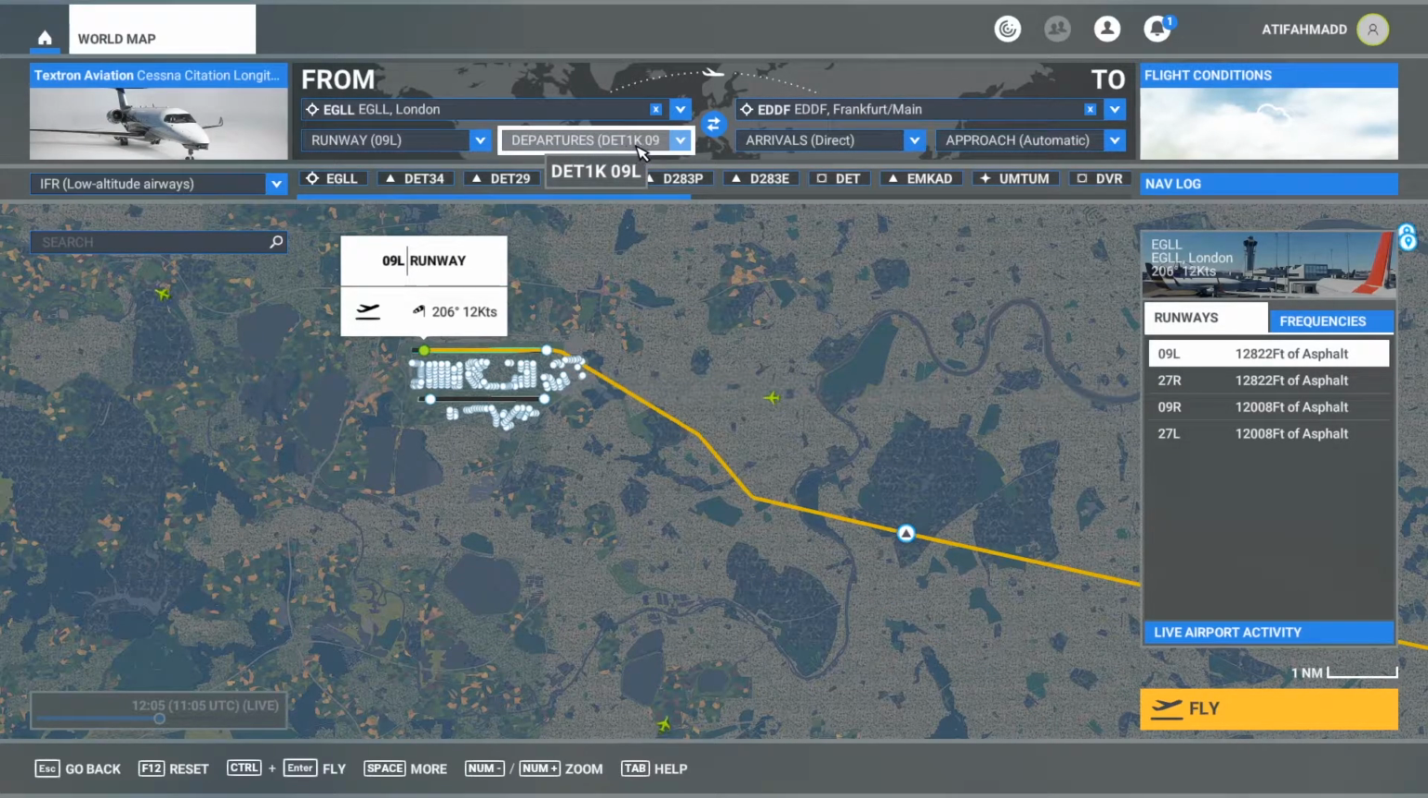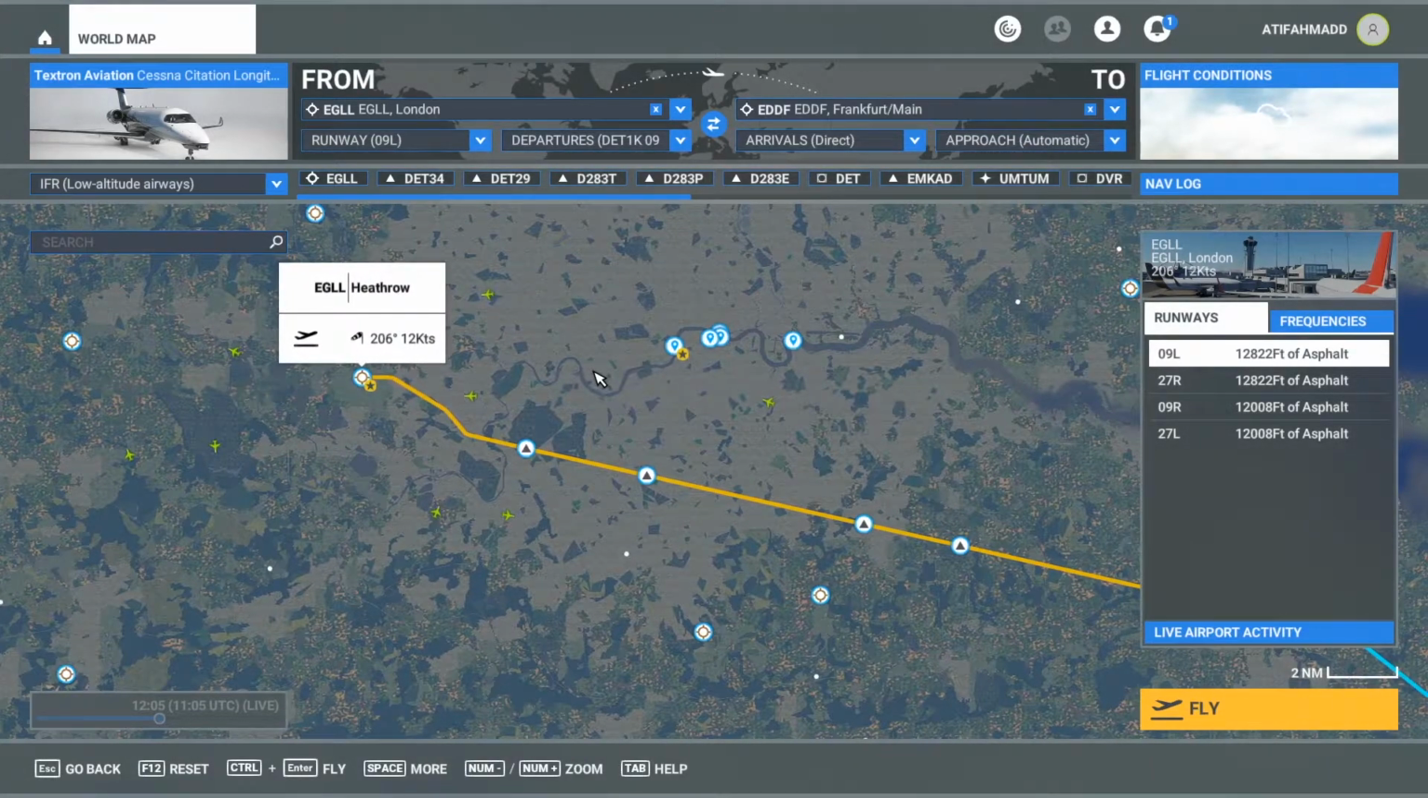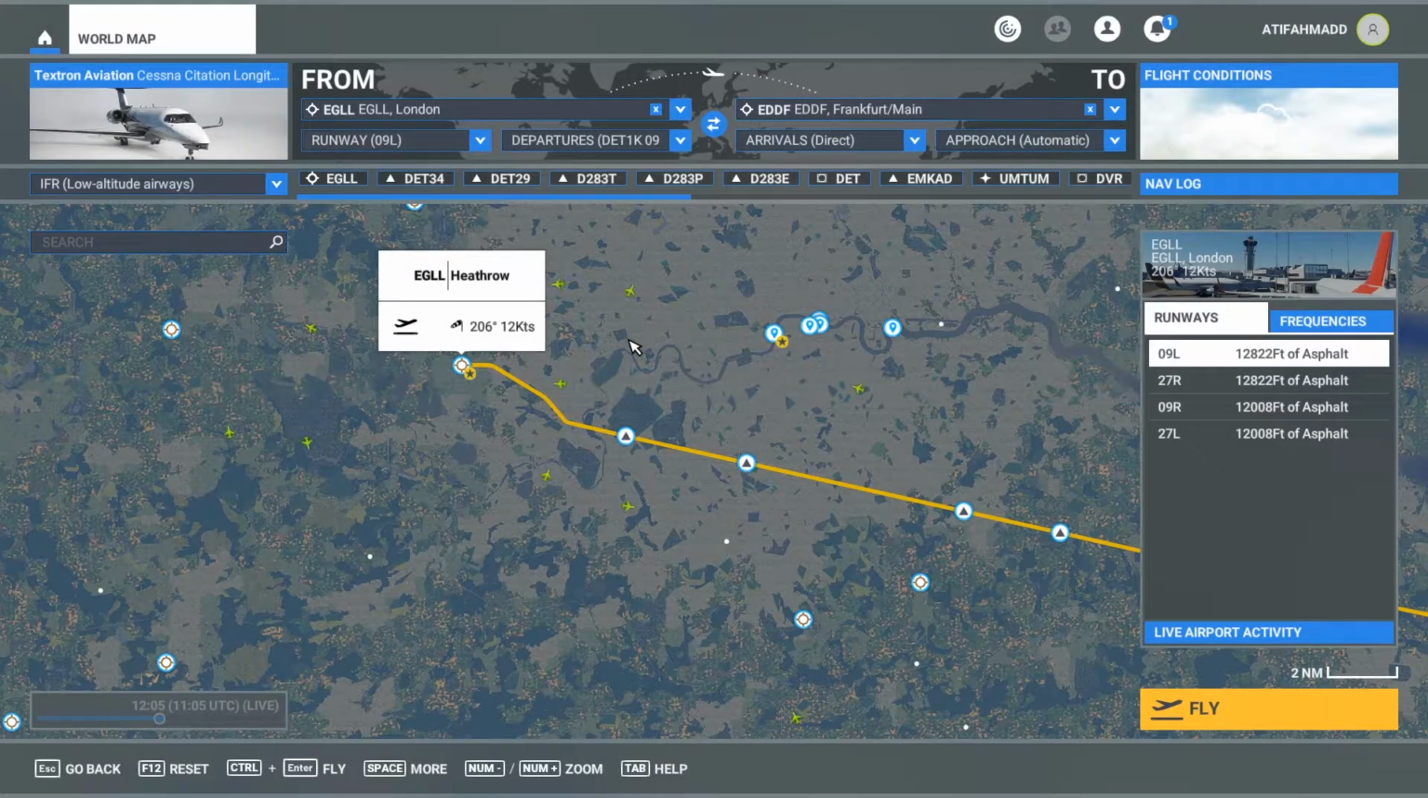It's DET1K. If you are new to the flight planning, there is a video on my channel for the Microsoft Flight Simulator flight planning. You can go and watch that one. Plus, there is also an Explain 11 flight planning video. You can also watch that one. But if you don't want to go and watch and go into the details of the flight planning, you can simply do a hit and trial method. You can select any of the